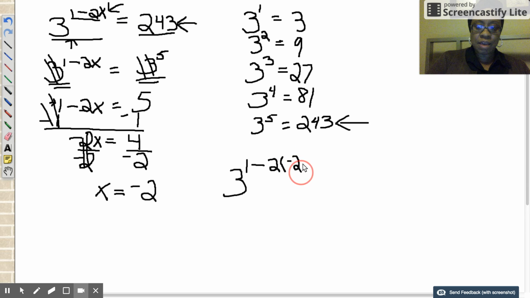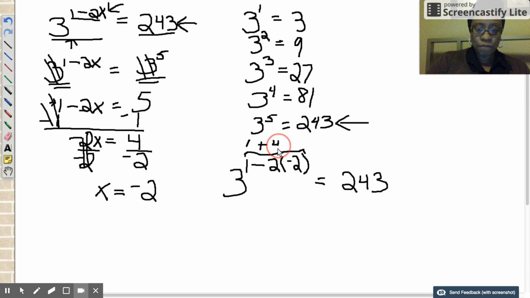So now we have 3 raised to the 1 minus 2 times negative 2 equals 243. Okay? Now, I'm going to evaluate this area first, okay? Now, I have negative 2 times negative 2, okay? And you're going to have 1